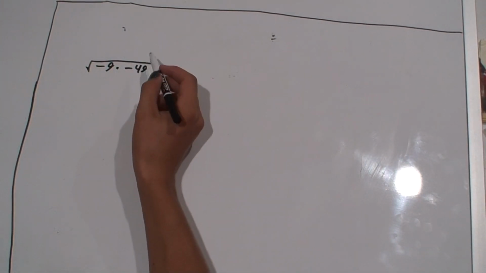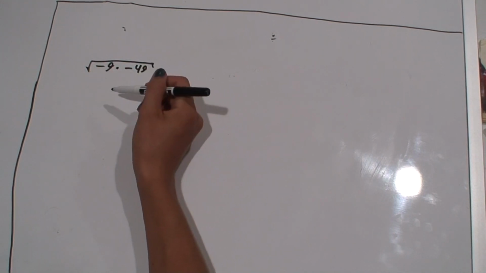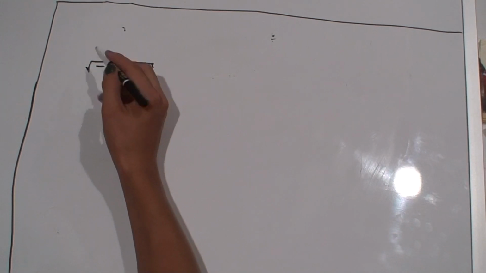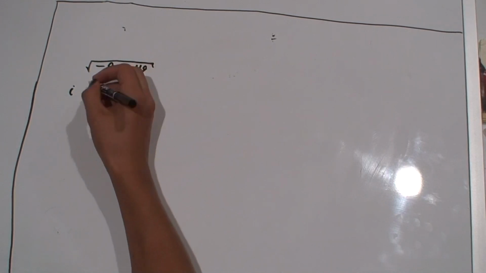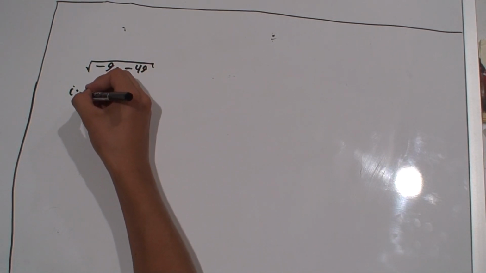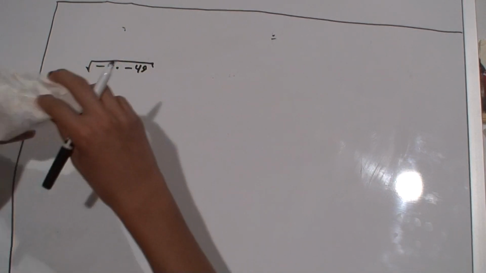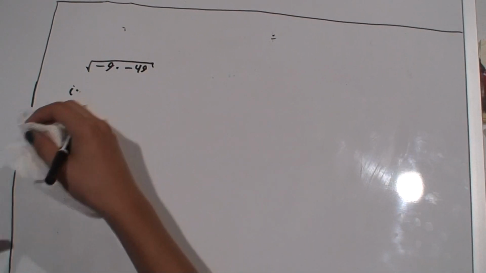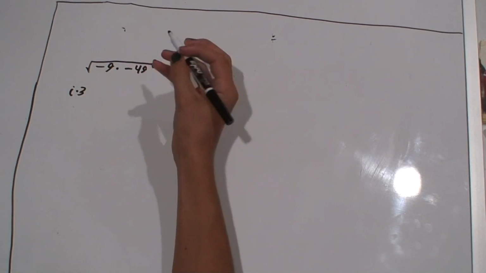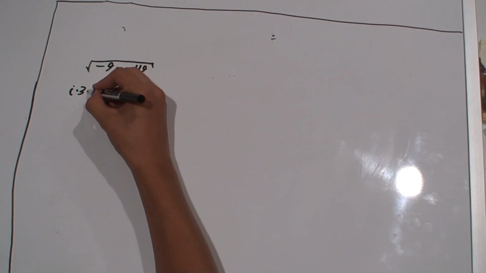Now, for this, we know if there's a negative inside the square root, we can take that negative out. We get an i times the square root of 9, which we know is 3. So i times 3 and times